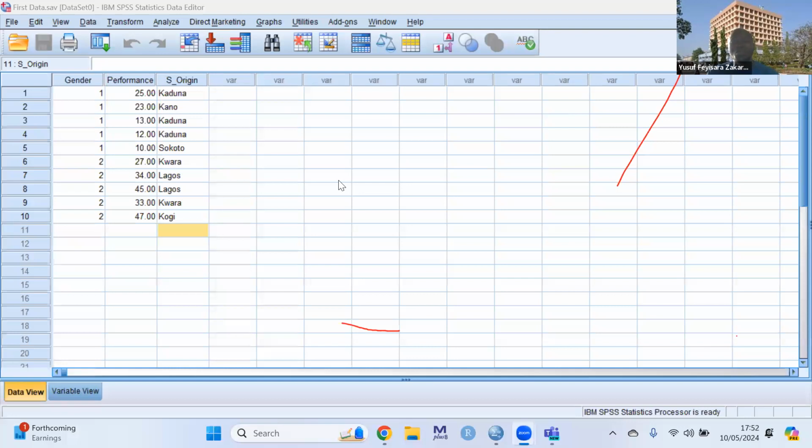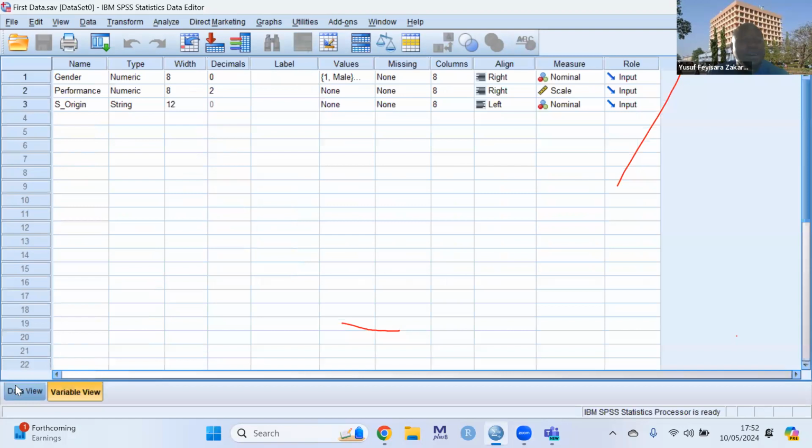All right. We have the decorum now. So you can see we have the gender, we have the performance, we have the state of origin. I think this is enough for today. In our next class, whenever, maybe not next week